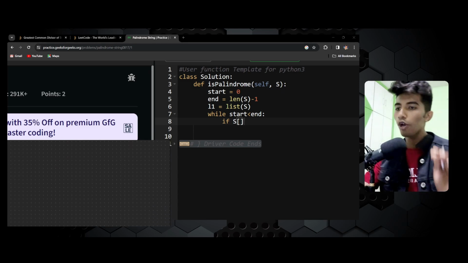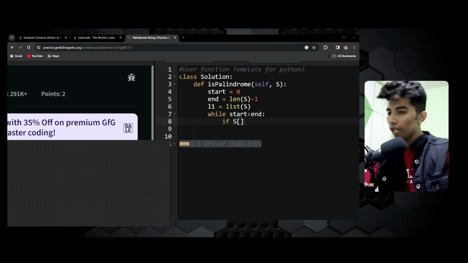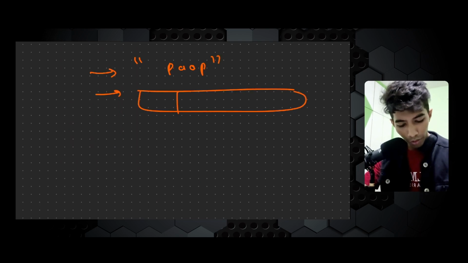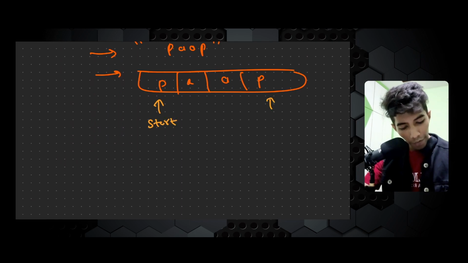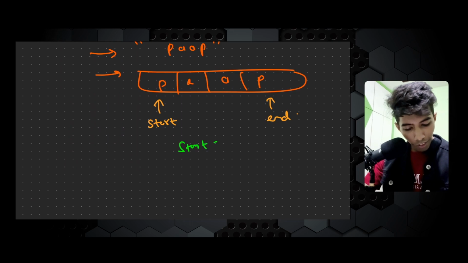Okay, let me explain the complexity of this thing again. Let me take you to the concept panel. So here what I am trying to tell you: you have given this string. Let me take PAAP again. First you just convert this thing into this. Then what we will do? We will run a start pointer from here and end from here, and till your start is lesser than end,